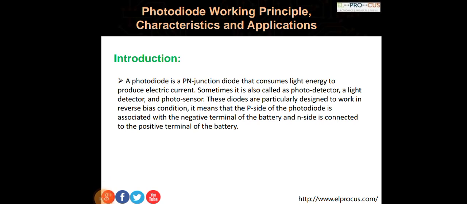So the next topic of the fifth chapter, that is sensors and transducers, is the photodiode, which is very important. Now we have seen the diode in our second chapter, that is the conventional diode. In that we have seen how a diode is formed, that is, it is made up of p and n type semiconductors. Why is semiconductor chosen to manufacture electronic devices?